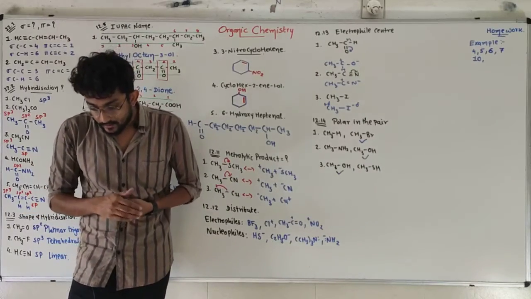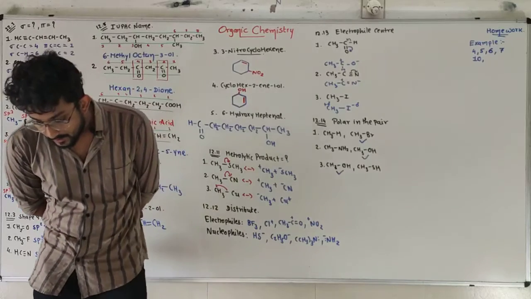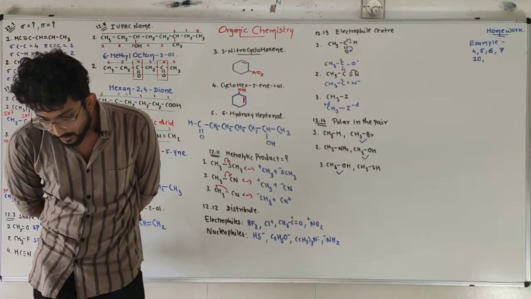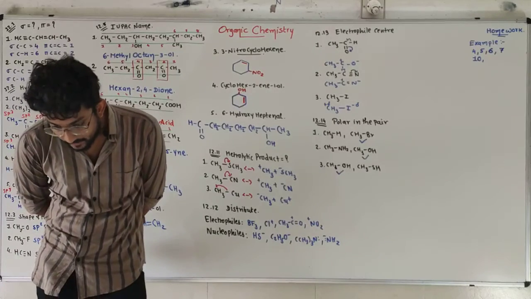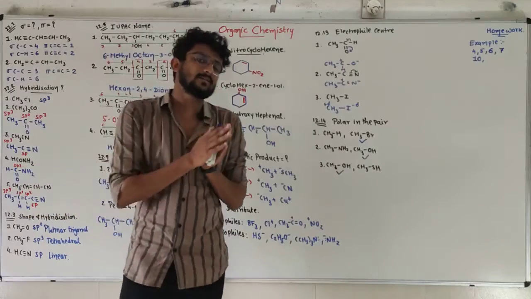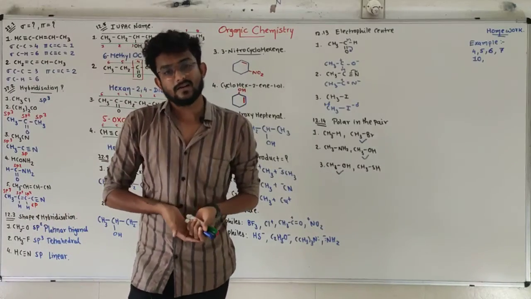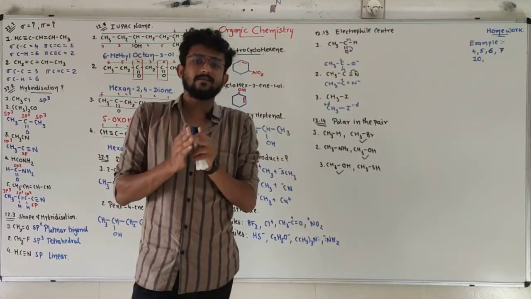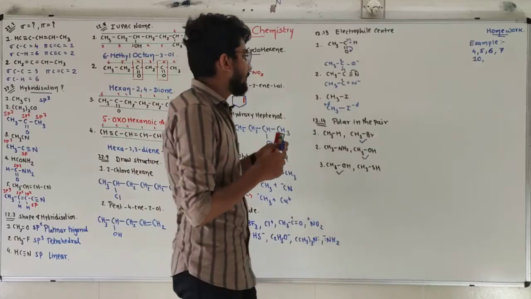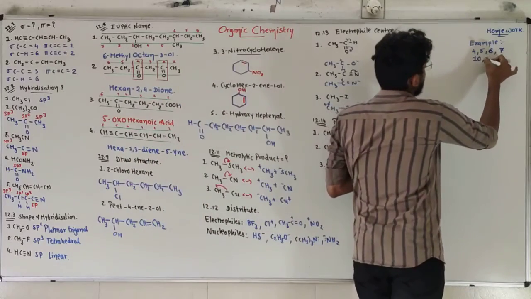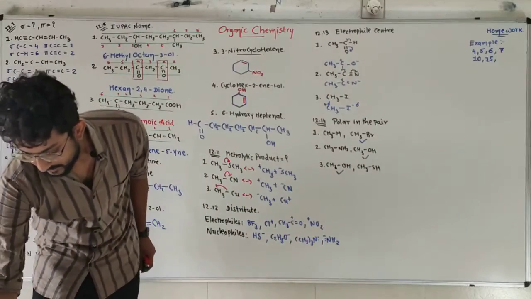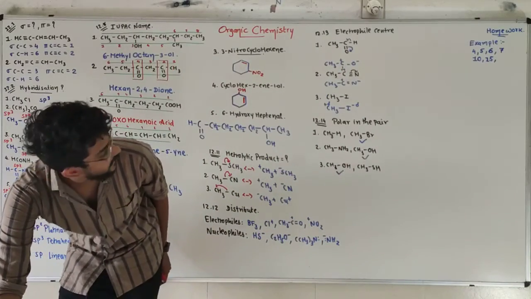After that, question number 15: in which carbon-carbon bond in bromopropane is the inductive effect expected to be least? On the last carbon the inductive effect will be least, because the inductive effect is effective up to the third carbon, and on the third carbon it will be very small. That's why example number 15 will be in the homework, easy.